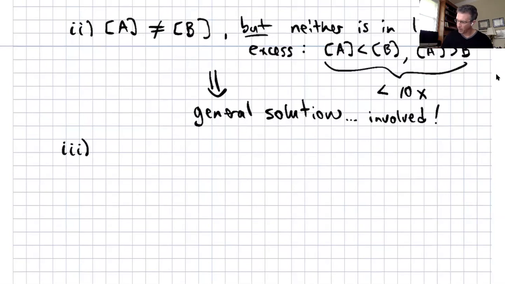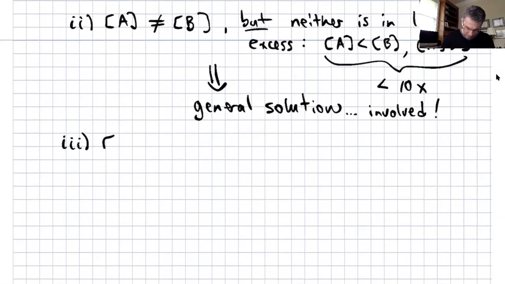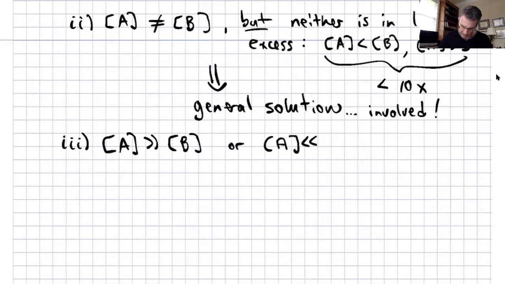And in this case, you go out of your way to study a system like this under conditions where the concentration of A is much greater than the concentration of B, or the concentration of A is much less than the concentration of B, right? Now, this particular set of conditions gets a special name, right? This is known, when you're studying a process like this, as so-called pseudo